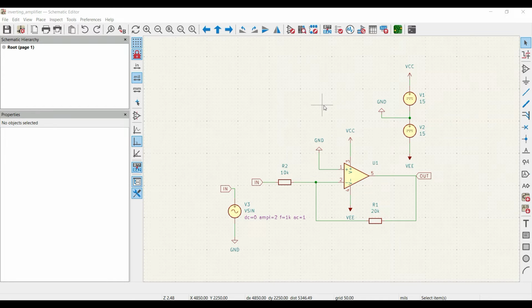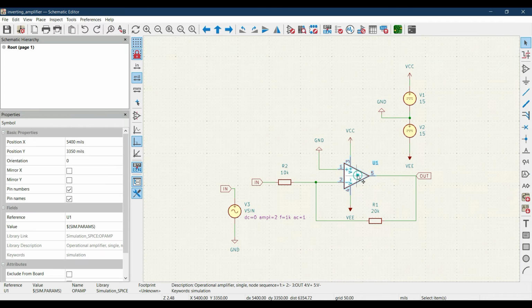Hi guys, in this video we will learn how we can add a simulation model to an op-amp or to any of the components that do not have their simulation model already present in KiCad. In the previous video we used this op-amp from the PSpice library. But now we are going to use an op-amp that does not have the simulation model already present in